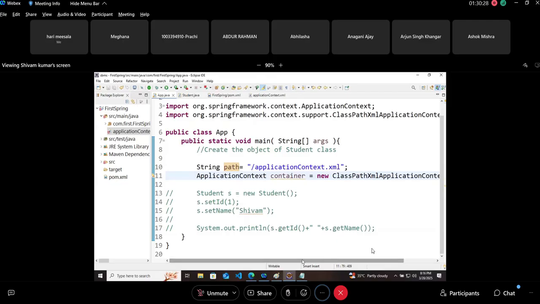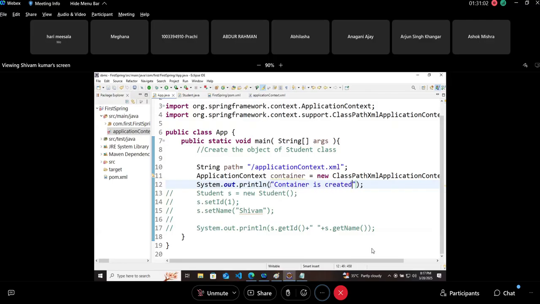Now we will run this application just to check if there is any error. So just run it. And project is trying to run, but there is nothing to do. So what I will do, let's just give a print message here. After this application context container, I will give a print message that container is created.